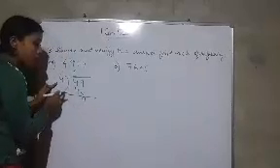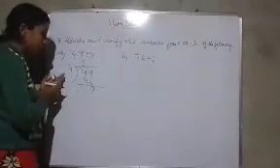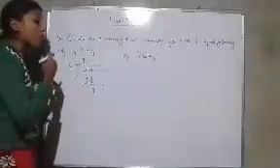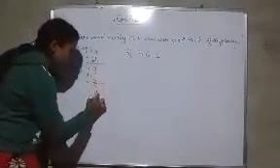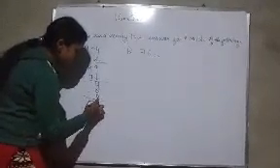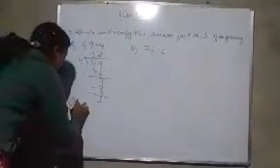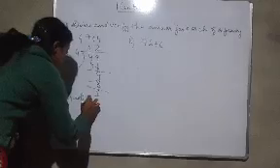Now how much will 4 take? 4 ones are 4, 4 twos are 8. Since 4 threes are 12 which is greater than 9, we can't take it. So we will take 4 twos are 8. Now we will subtract it. 9 minus 8 is 1. Right? So now here we have to write the quotient. This one is your quotient. So the quotient is 12. And as I have told you, this one is your remainder. So the remainder is equal to 1.